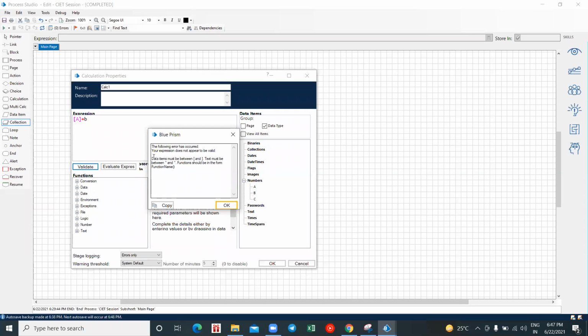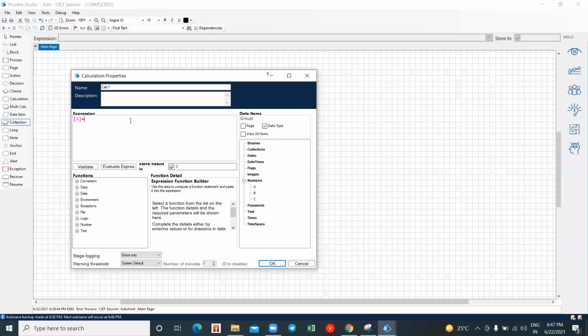By just reading the suggestions, you will be able to understand what error you have made there. So that is what I stated: even a non-technical person who starts learning this can learn easily. This is how we validate our expression.